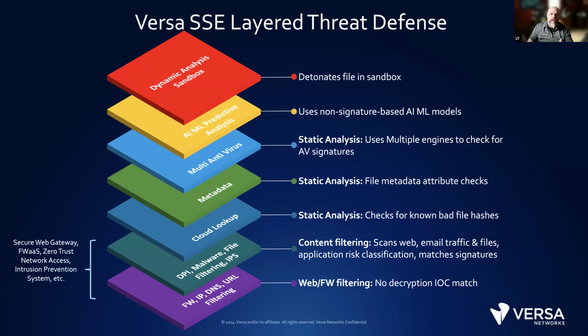and then we can utilize everything that you see below this to say, okay, is this something good? Is it bad? Is it going to a known bad URL? Once we detonated it, was it something that truly was masquerading and we couldn't see through things like metadata and so forth? Is this something that is absolutely horrible, and how do we mitigate that? That right there is what Versa knows as advanced threat protection.